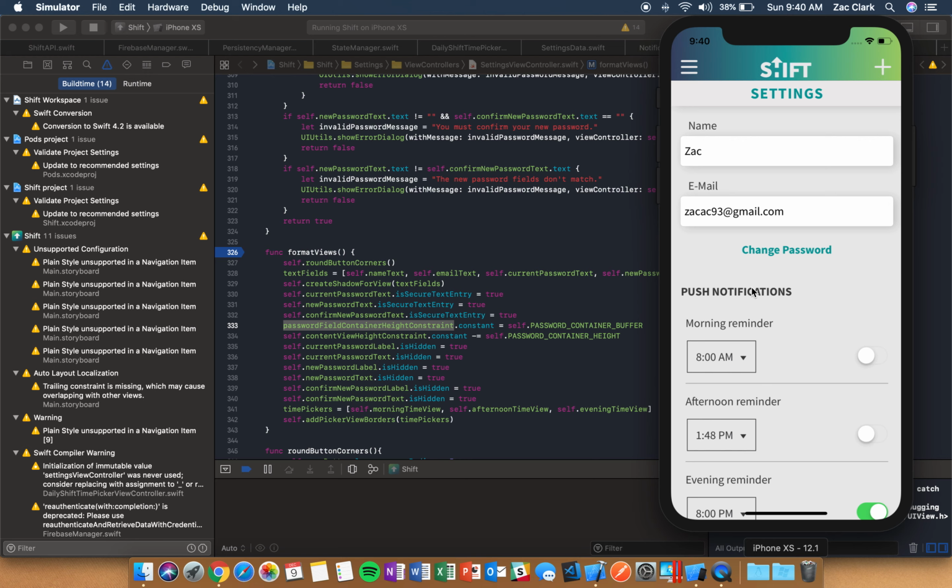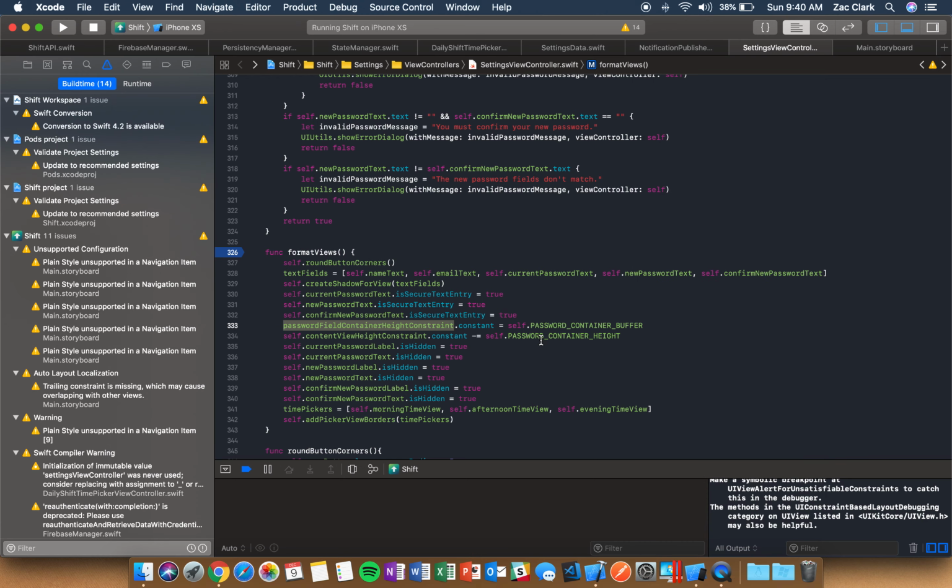So it's not set to 0, that would push this a little too far up, but there's this area here. And then the content view height constraint, that's the entire content view, I subtract what the password container height actually is. Again, these are just constants. Those are going to be different for every project. And finally, we hide all the different elements here